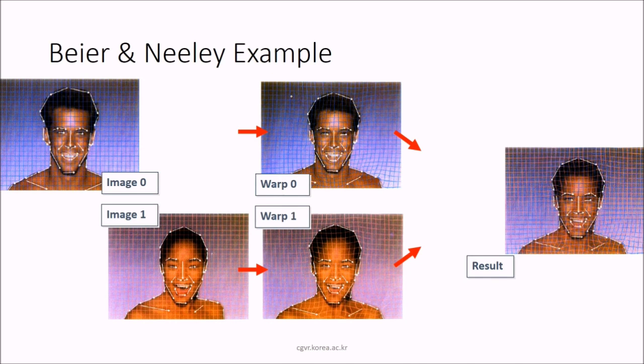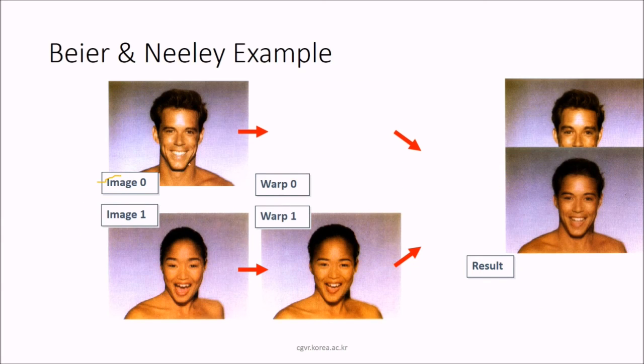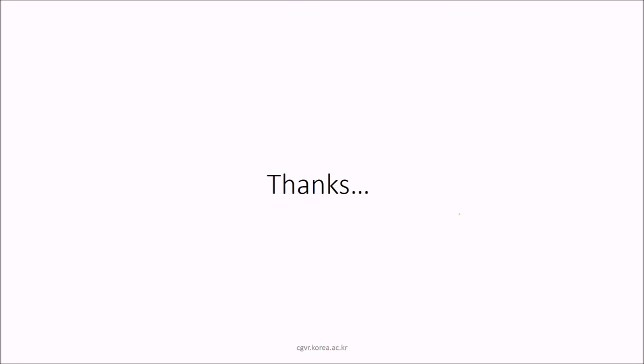This is a Beier and Neely example as I suggested. This is image 0, this is image 1. Now you warp it, and the result will be like this. So this is a combination of these two, and you can see how the example goes. This is again image 0 of a man and an image of a woman. Now you warp them, and you see the man and woman images are combined, and you have a different result. So this was the discussion, I'm just introducing you. The detail is not here because it needs to be seen from the book. Once you go to the book and you are aware of what I have taught, then it will be very easy for you to get through it. Thank you so much.